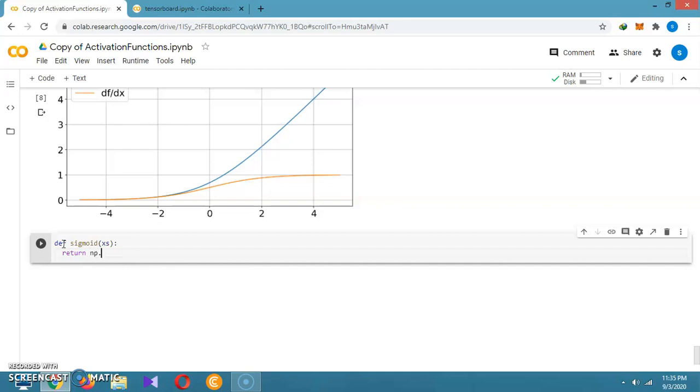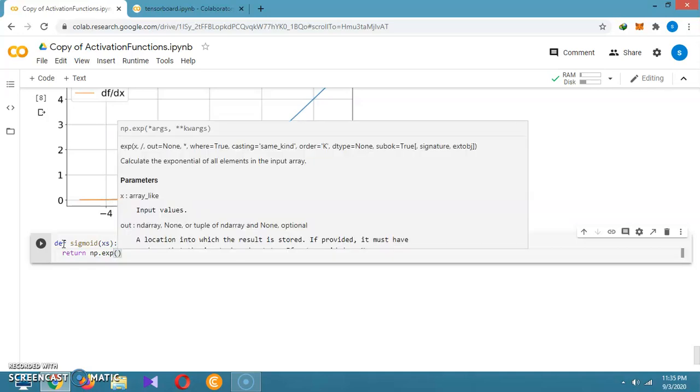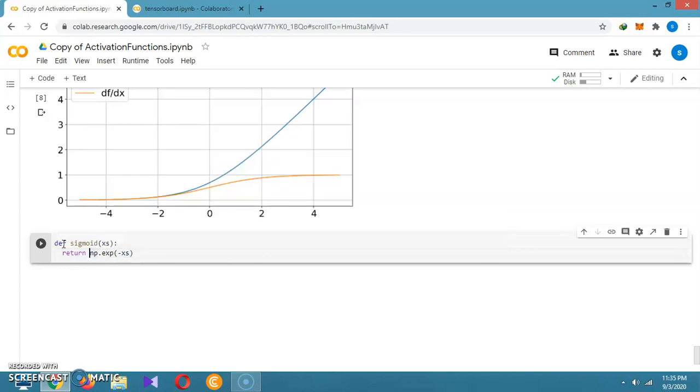For that we have to return a single function, np.exp of minus x. Our formula is 1 upon 1 plus e to the power minus x. This is basically used for binary classification. This is the basic and standard one.